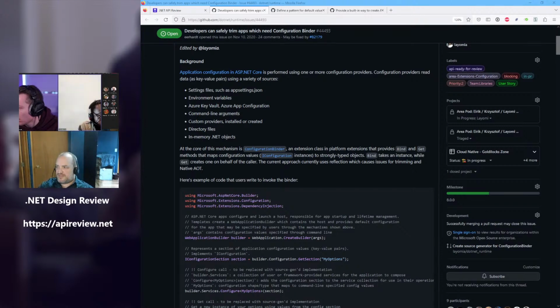So the current approach uses reflection, which is bad for trimming and our current native AOT efforts. I'm providing an example here of code that will invoke the binder. This is really just code that is specifying some options to an application, but ultimately it funnels down to the binder. So we'll have a web application builder, which contains a host, which is responsible for app startup and